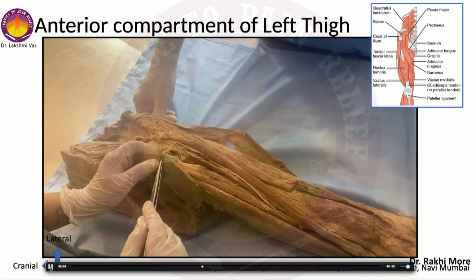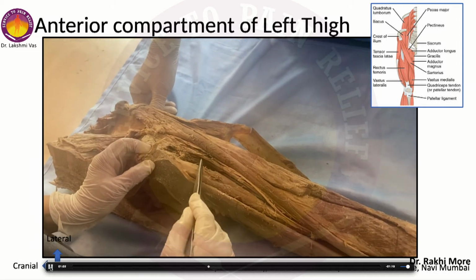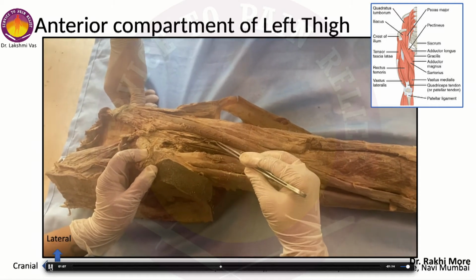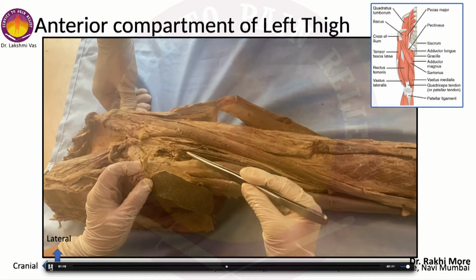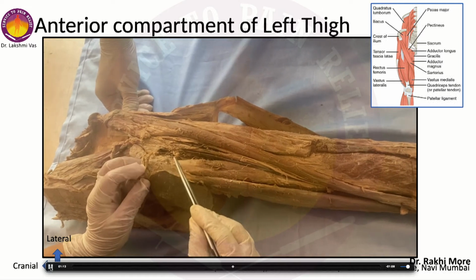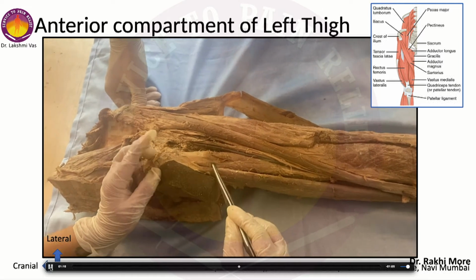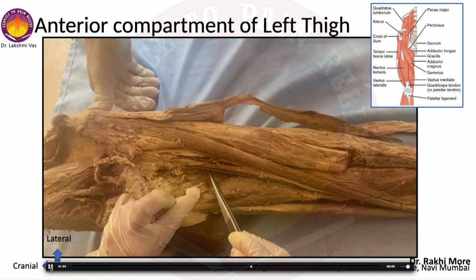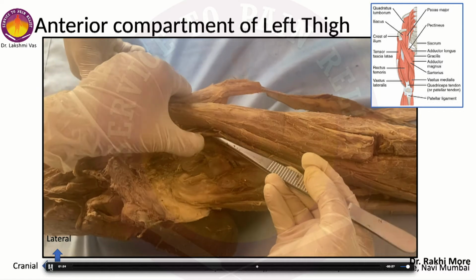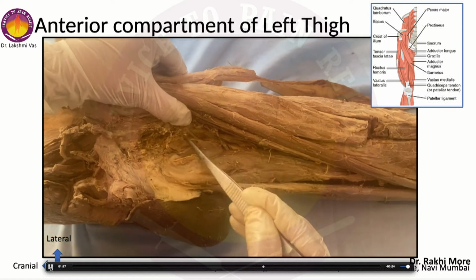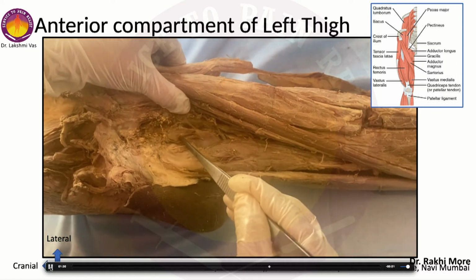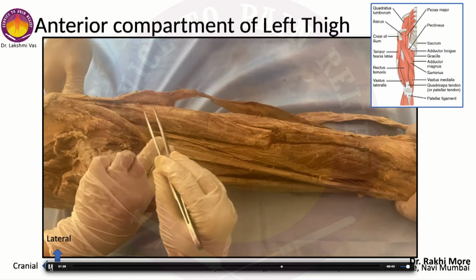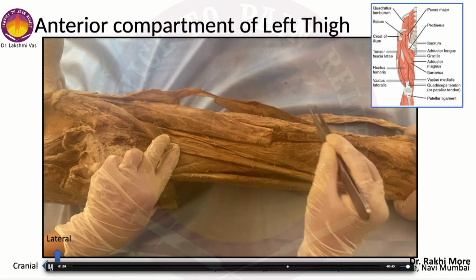Now, contents of the femoral triangle will be the femoral vein, femoral artery and the femoral nerve. The floor of the femoral triangle is formed from medial to lateral by the adductor longus muscle, the pectineus muscle and the iliopsoas muscle, which is placed below the femoral neurovascular bundle. The other muscles which are present in the anterior compartment are the quadriceps femoris.